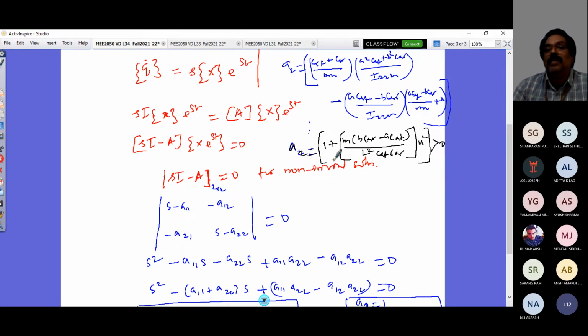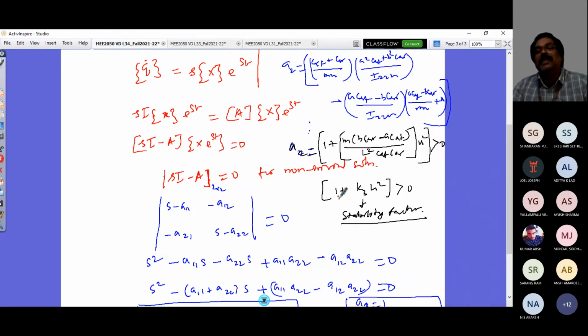So that's where we were representing this as 1 plus K3 U square, and that should be greater than 0, where this K3 is the stability factor. So like that, the stability factor for an nth order system also you will get. Every system will have many stability factors. Since it is a second order system, the stability factor is what you get to ensure that this term